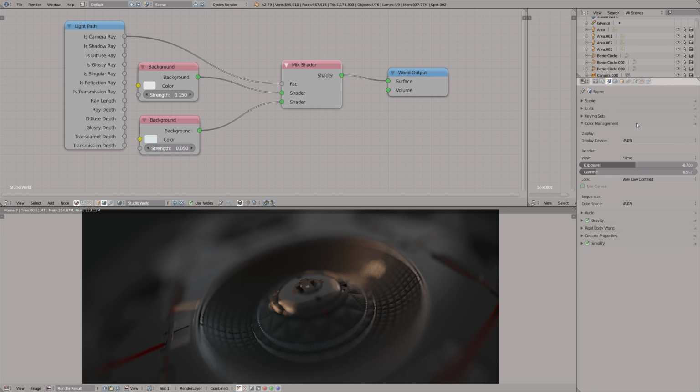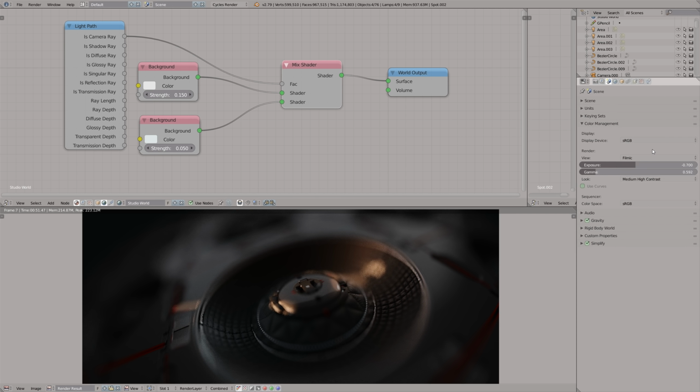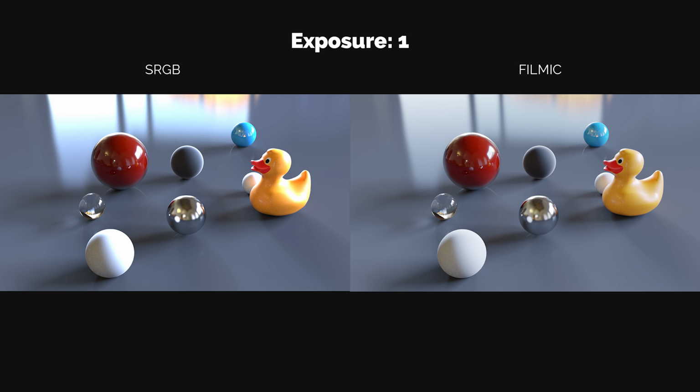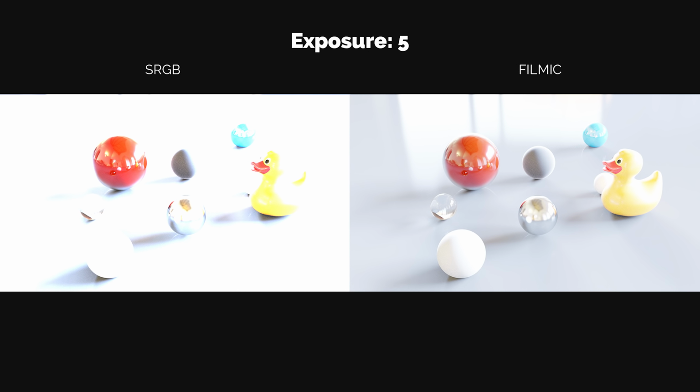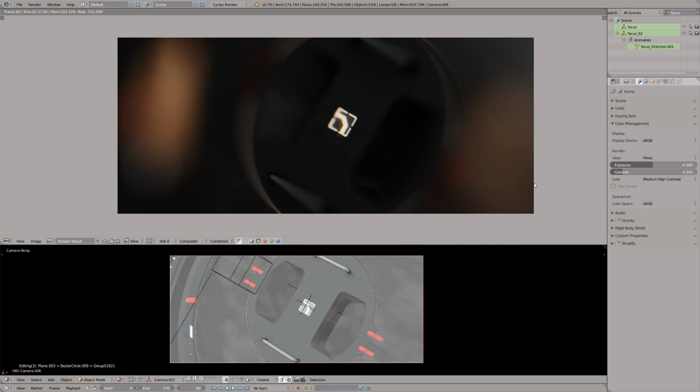It becomes very important when you have to deal with very bright pixels, higher exposure on your images, with HDR panoramas, stuff like that. If you look at this set of images, you will be able to spot the difference of how Filmic treats very bright pixels compared to how the default color management does it. See how Filmic gently desaturates the colors when it comes to the high end, and the default tone mapping just makes everything burned out. Generally, I think Filmic emulation is the way to go,